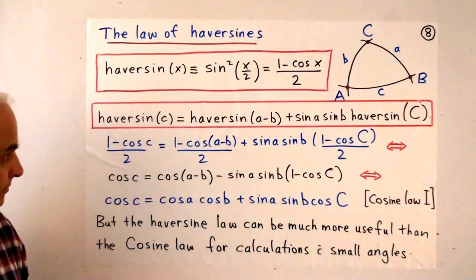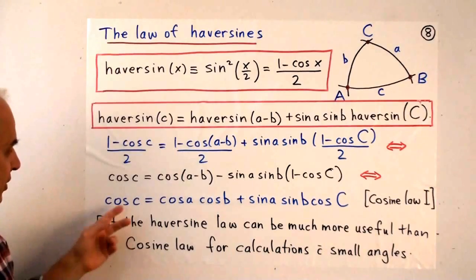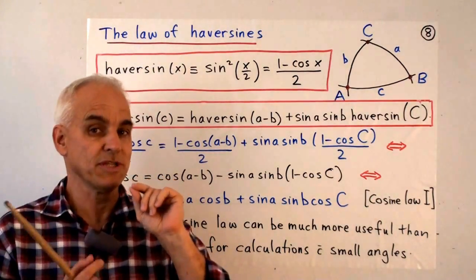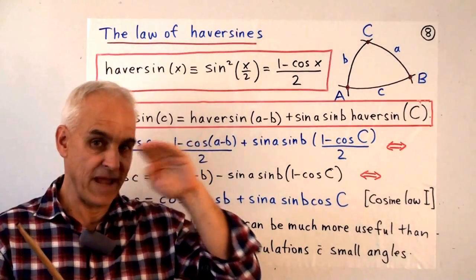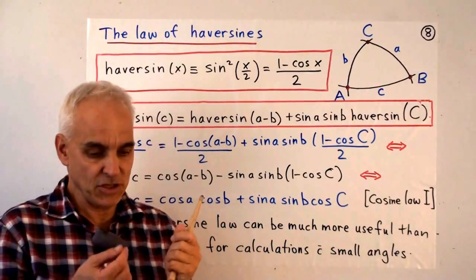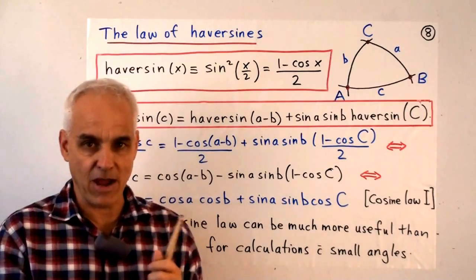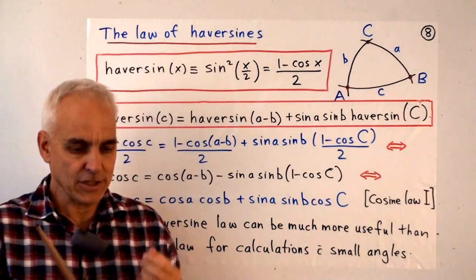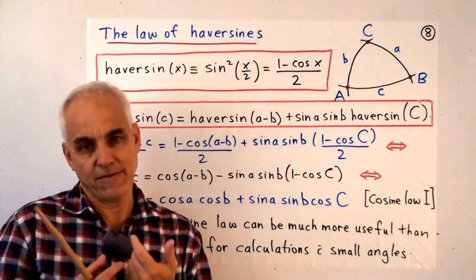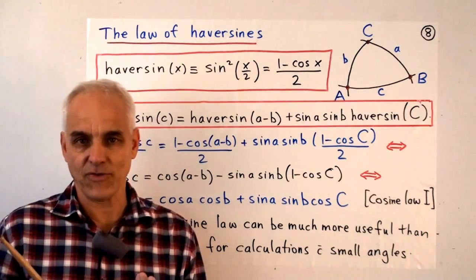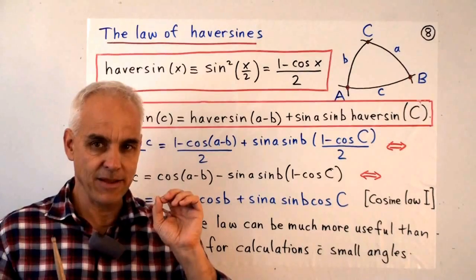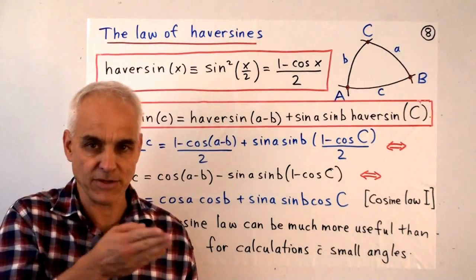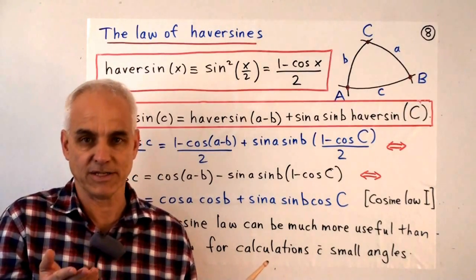What's the advantage in this one? Well, roughly it is that the cosine function, when you have a value of x which is close to 0, the cosine function is flat. It's close to being 1. So that means you can move the value of x around and cosine of x doesn't change. It stays pretty well at 1. And so for small values of x, or for small angles, having a cosine in a formula is not really what you want, because you're getting something close to 1 and there's a lot of indeterminacy.